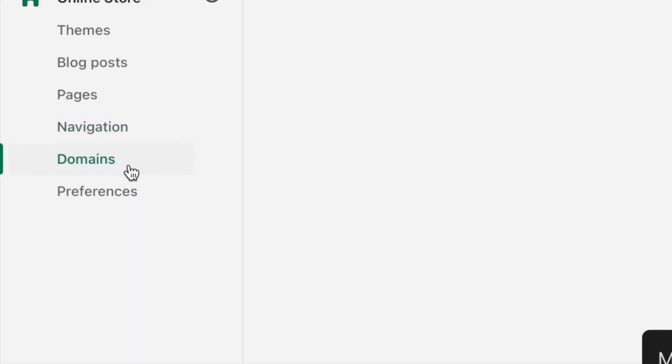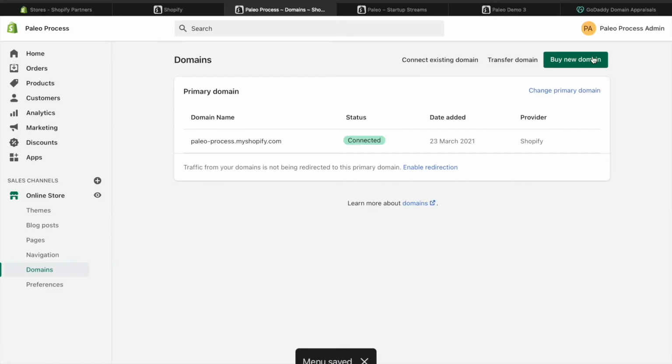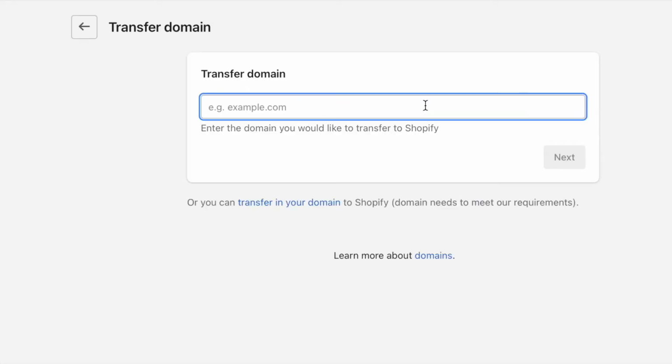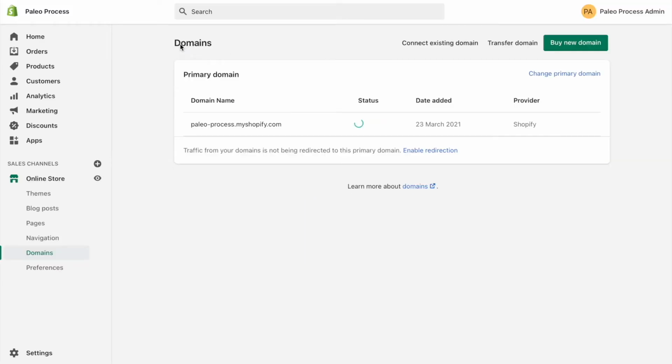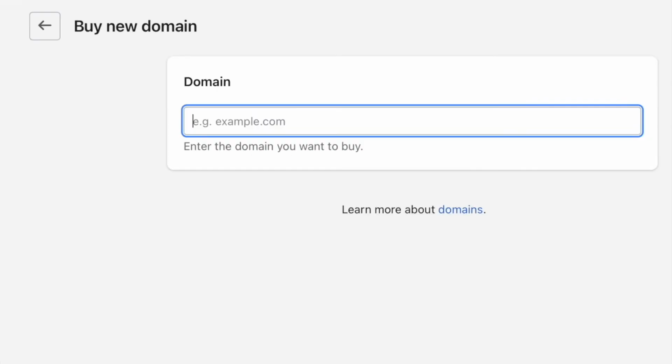Next tab underneath you might have already seen is domains. So I'm going to click buy domain here if I want to buy it in Shopify, or I can click transfer domain if I want to add it from GoDaddy or anywhere else. GoDaddy is brilliant because you can buy on GoDaddy, enter in your GoDaddy details, and it will all sync automatically and very easily. But my personal preference is just to buy it here in Shopify, so I can type in my